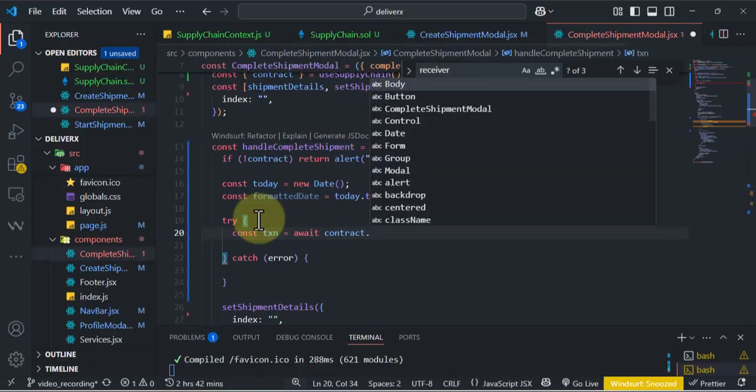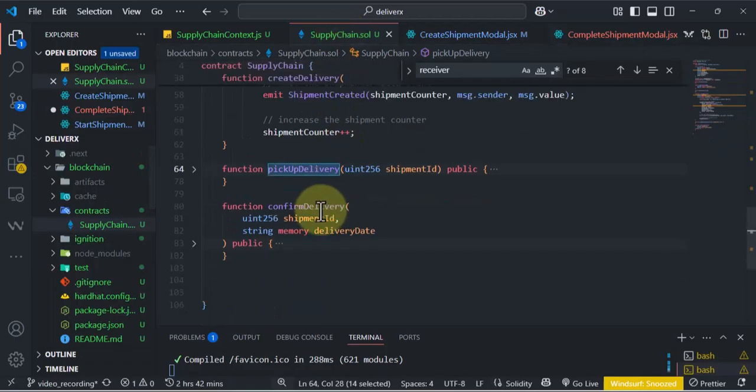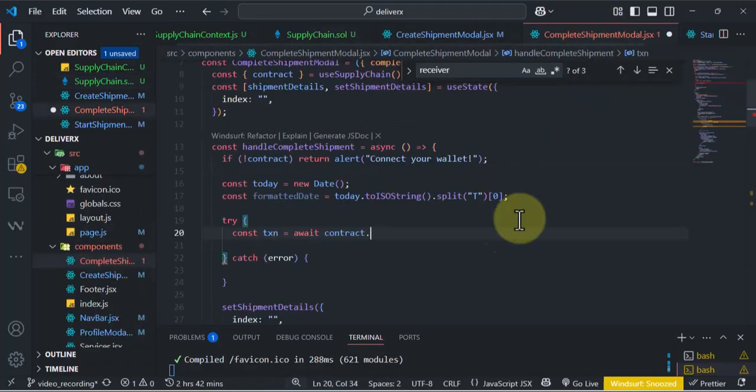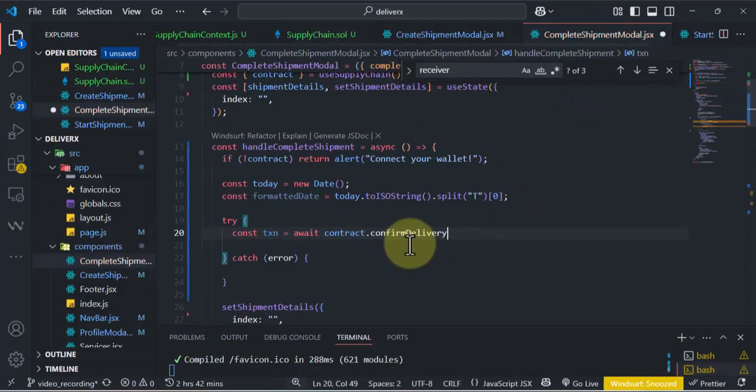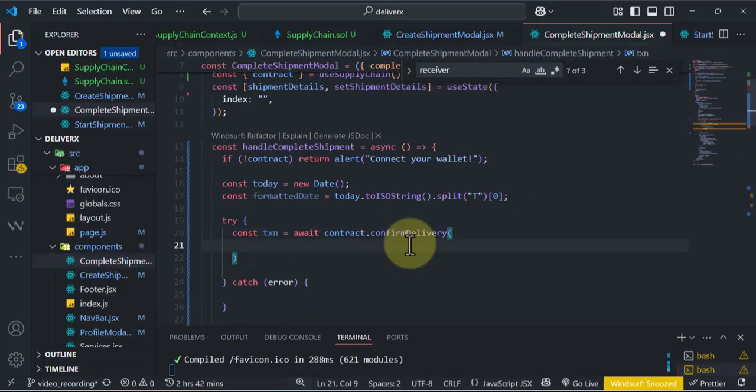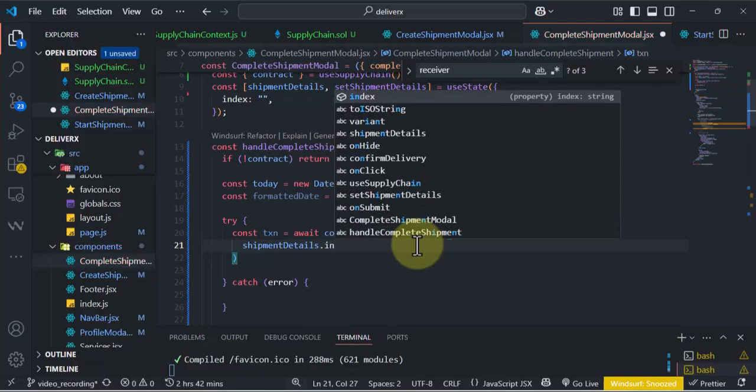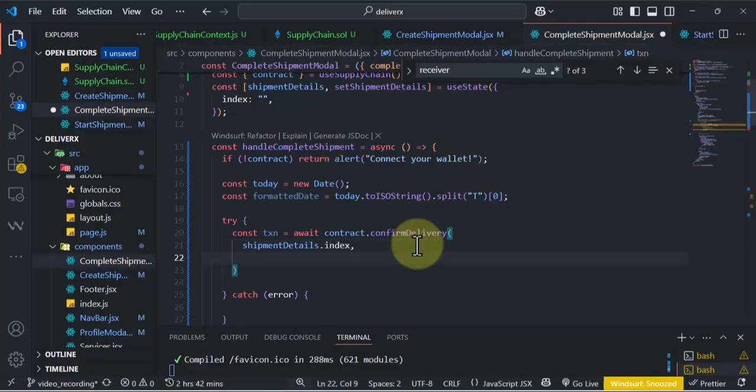Now we want to interact with the contract. So what function do we want to call? We want to call confirm delivery, and we are going to be passing the delivery date and the shipment ID. So don't forget, you can always put them accordingly as they are arranged. The first one is the shipment ID, and also the second one is this formatted date, where you are able to extract